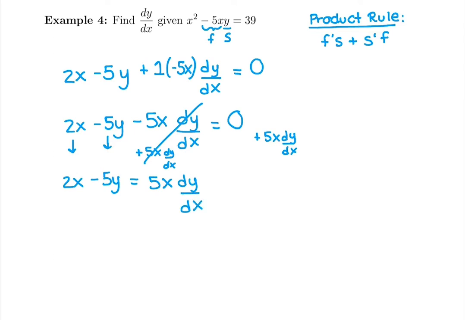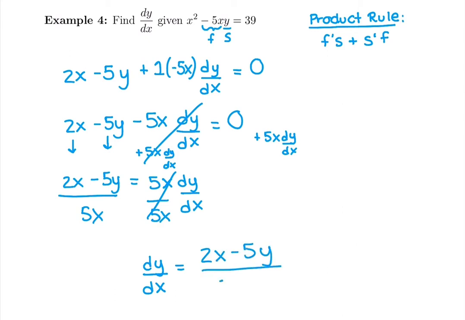And now I want to get dy dx by itself. Right now it's not by itself because it's multiplied by 5x. So I'll divide both sides. Division will get rid of that multiplication. And we will get dy dx, our derivative, on one side by itself, is going to be 2x minus 5y divided by 5x. There's our derivative of y with respect